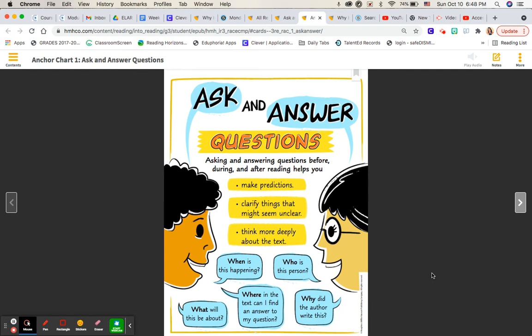And then once you're reading your book, that's when you can go up at any point and put your sticky note on the question side. And then once you have an answer for that, you're going to get another sticky note, write your answer and your name, and stick it on the answer side. Okay? So let me show you how that's going to look.